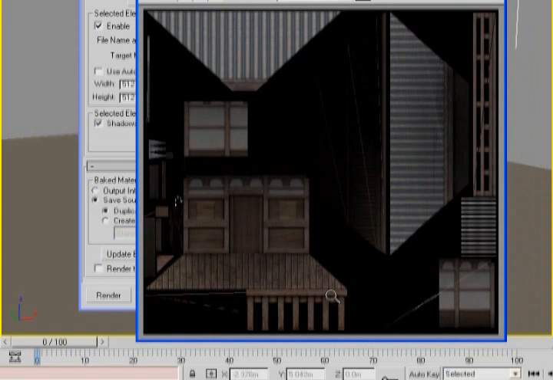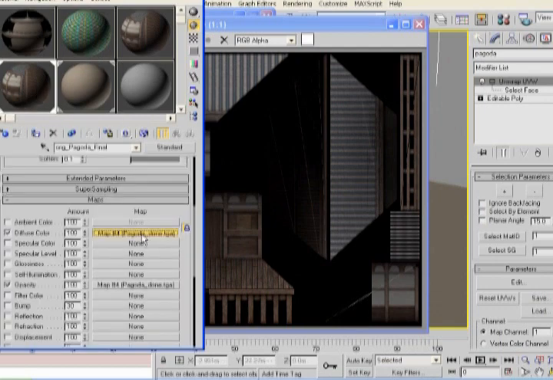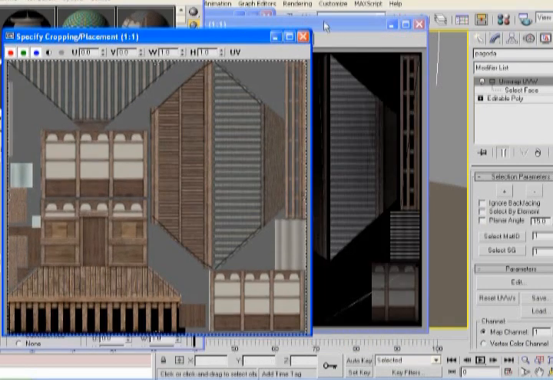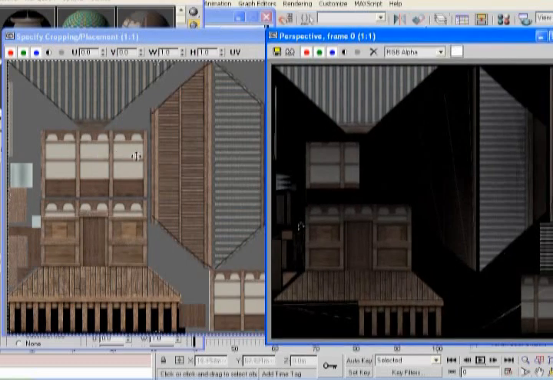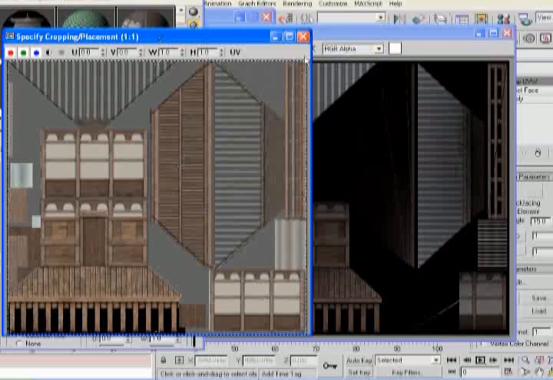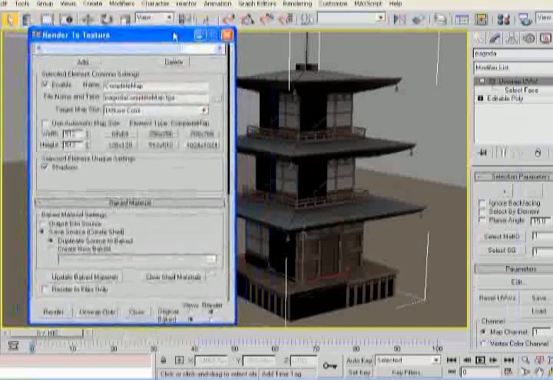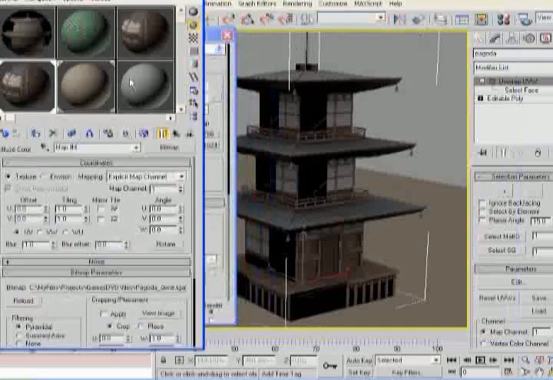And the reason for that is that we've got UVs with different lighting hitting them on different sides, all overlapping, and that causes a lot of trouble. Okay, so what we want to go ahead and do, you can see a little comparison here where it chopped off one whole half of that side, and the reason for that is that the lighting is hitting each side differently. We've got overlapping UVs. Anytime you've got overlapping UVs, it can be dangerous when you're trying to bake this into a texture